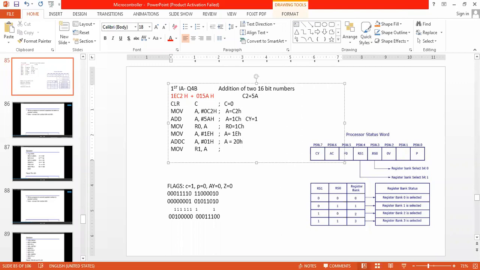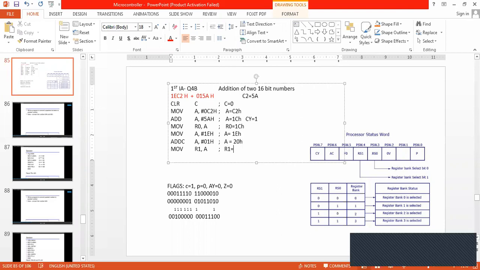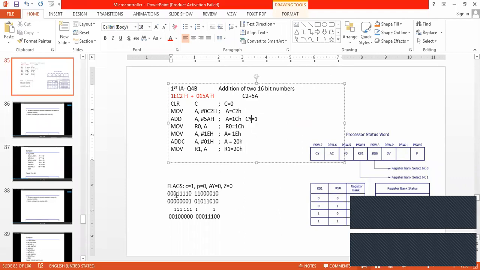Then what I'm doing in the last instruction? R1 is equal to 20H. So here, what happened after addition? Cy is equal to 1, carry flag is equal to 1, correct?